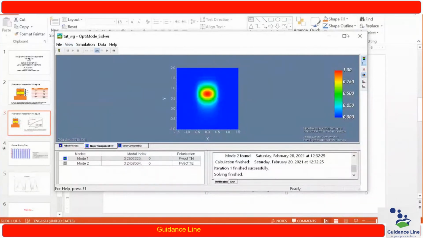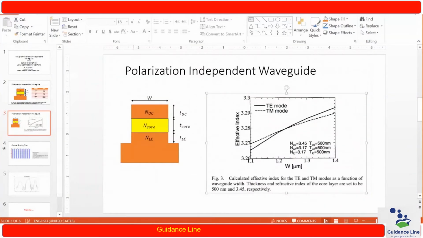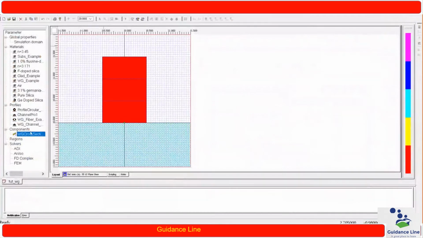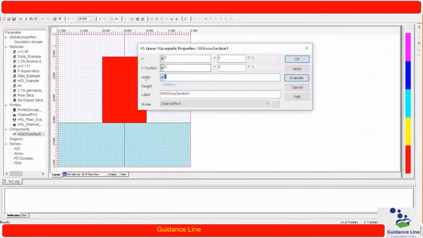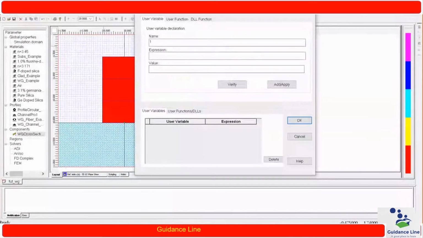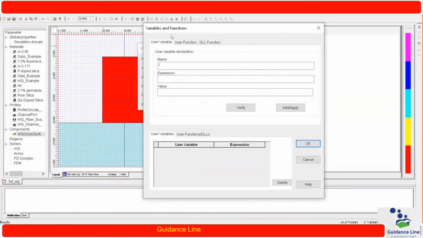Okay, so for the parameter sweep, I simply click on waveguide cross section. On double clicking on waveguide cross section, we have a waveguide width over here. Apart from that, we have a symbol over here, fx, which allows us to define the waveguide width in terms of parameters. So I simply click on this fx. It opens the variables and functions dialog box, and in that dialog box I am